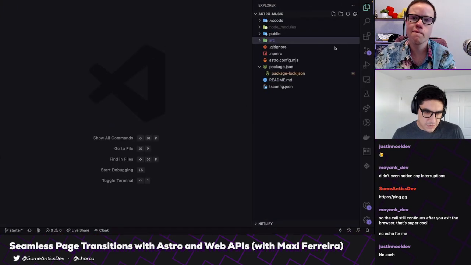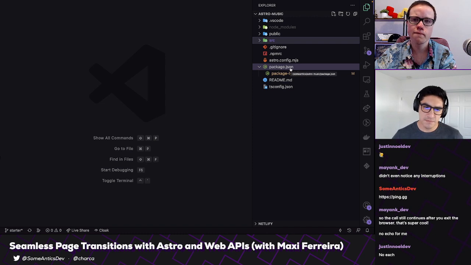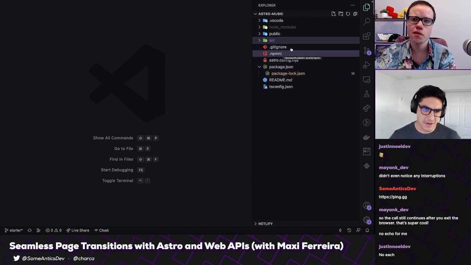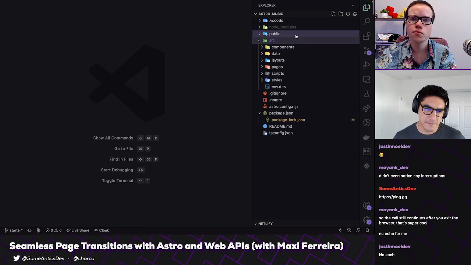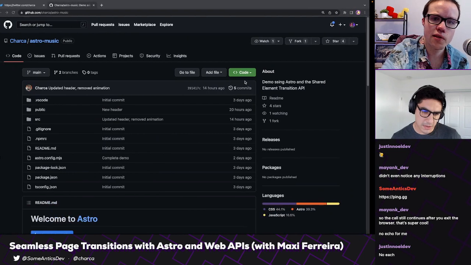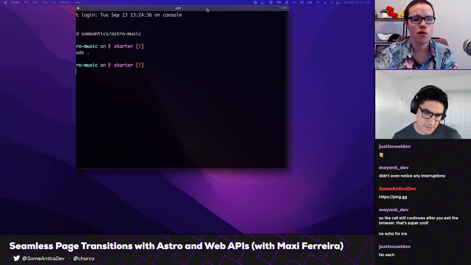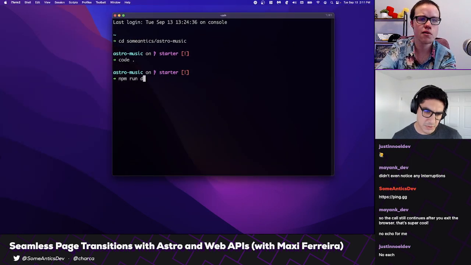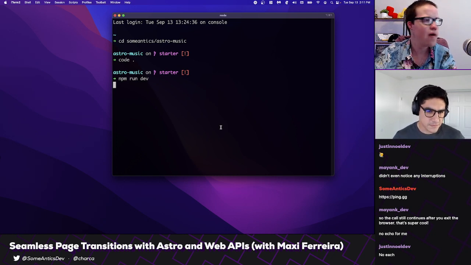So you have the repo pulled. This is an Astro project. It has a couple of pages in it, so we're not starting from scratch really. But we're going to start implementing something. If you want to run this repo on the CLI, use npm run dev, I believe it is. There you go. Yep. That should hopefully open